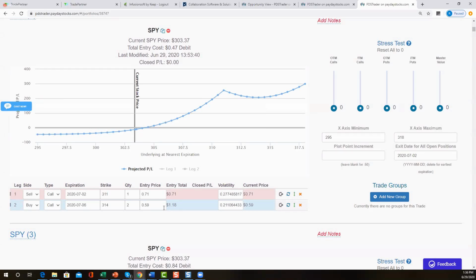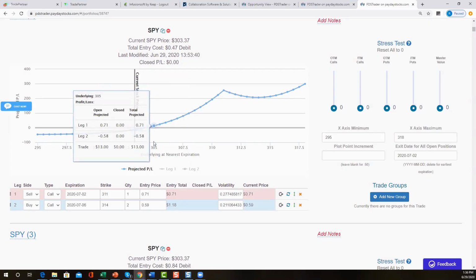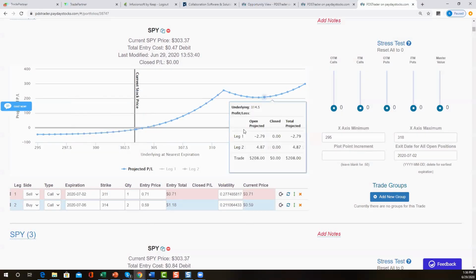I could sell, who knows, anything at or above the long, and create a pretty decent profit potential. It just depends on where it is compared to the long, on whether it creates risk to the upside. But I'll get to that here in a second.